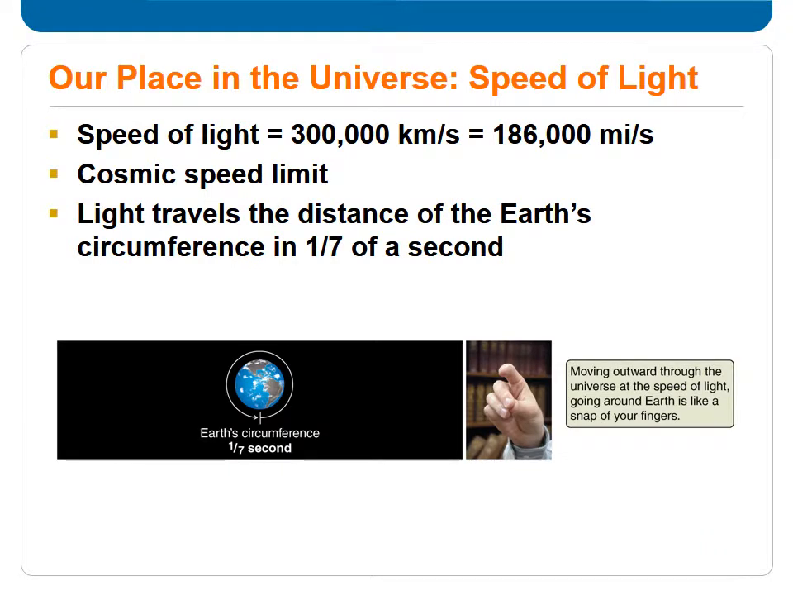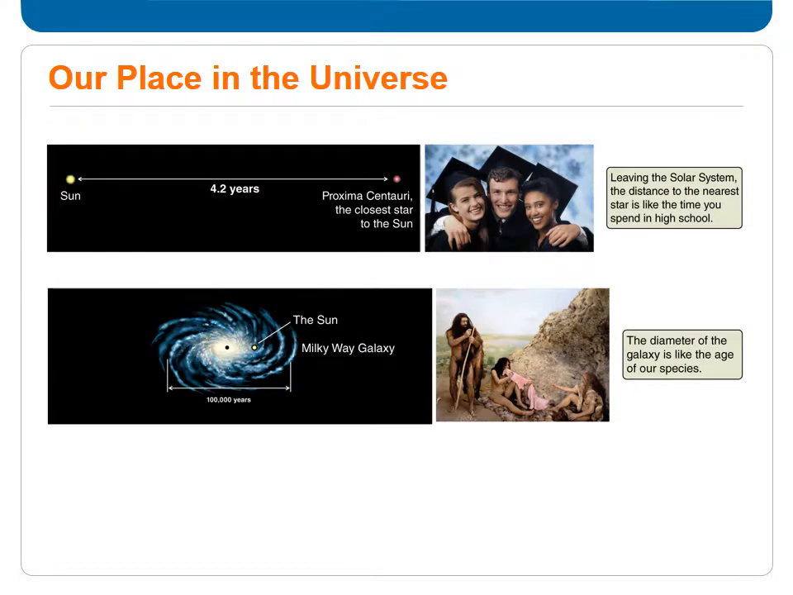The speed of light is 300,000 kilometers per second, and it is a cosmic speed limit. No information can travel faster than the speed of light. Light travels the distance of Earth's circumference in 1/7 of a second. The distance to the nearest star, Proxima Centauri, is 4.2 light years. By analogy, the time it takes